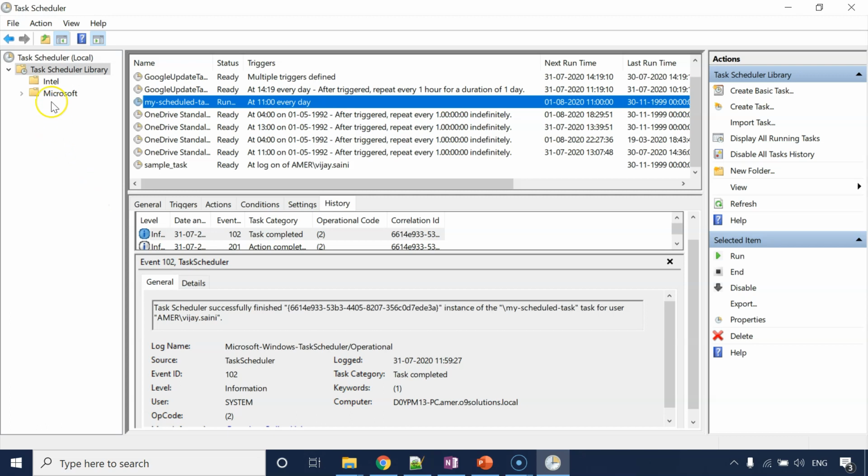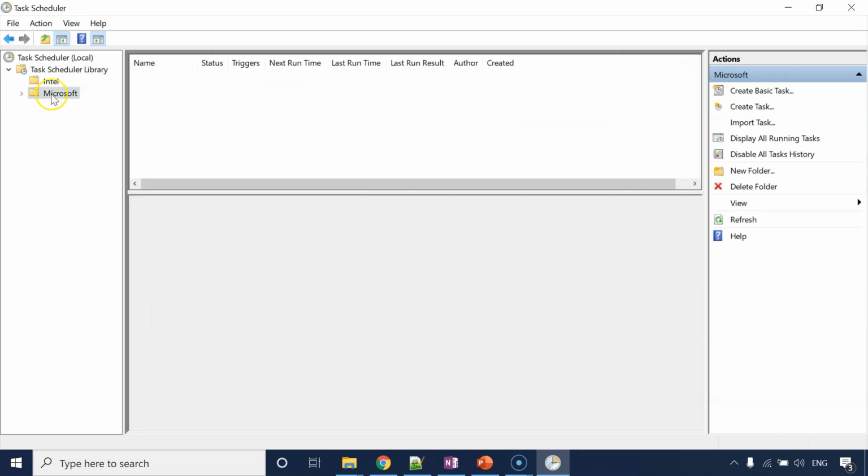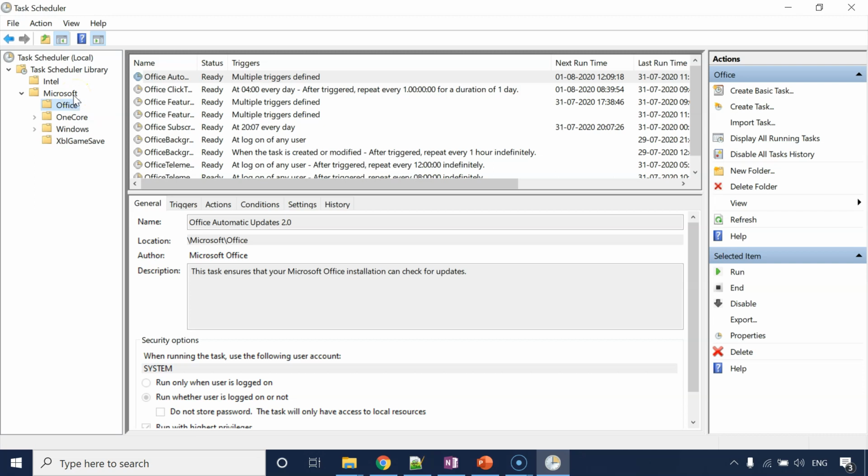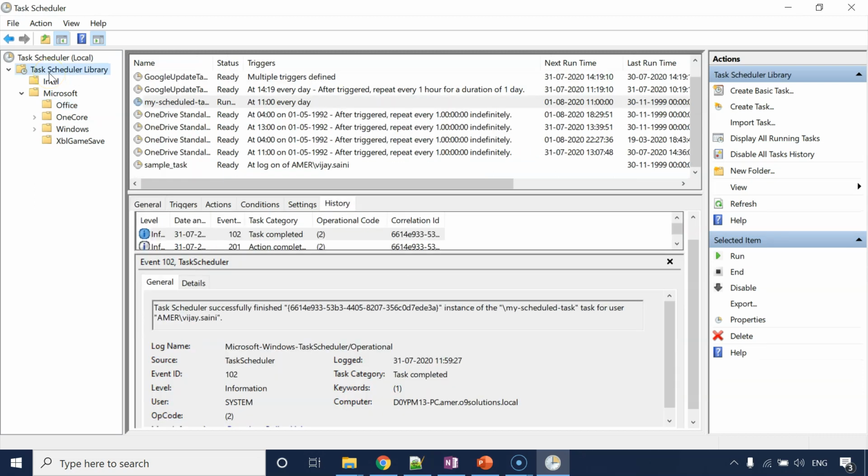Now you are able to see this Intel, Microsoft in this left hand side. What are these? Basically, these are folders which are containing your scheduled task. Why they have been created? So the way we place our files within directories for their better management, even you can place your scheduled task within folders so that it is easy for you to track them, right?